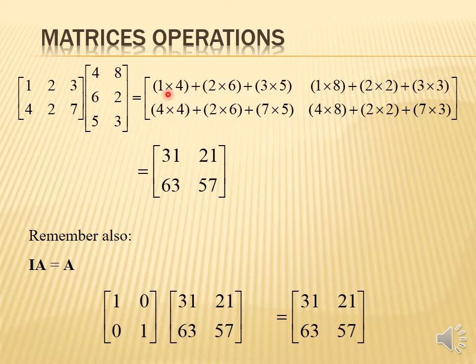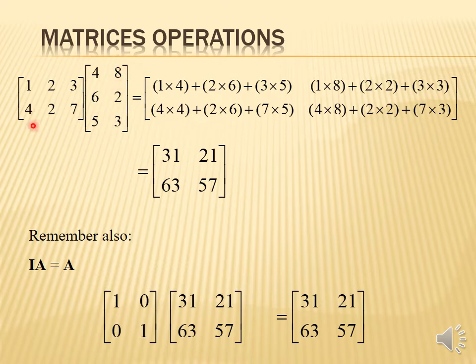Now student, firstly multiply the first row with the first column. So 1 multiplied by 4 plus 2 multiplied by 6, then 3 multiplied by 5. Then similarly the first row with the second column: 1 multiplied by 8, then 2 multiplied by 2, then 3 multiplied by 3. Now the next row is,